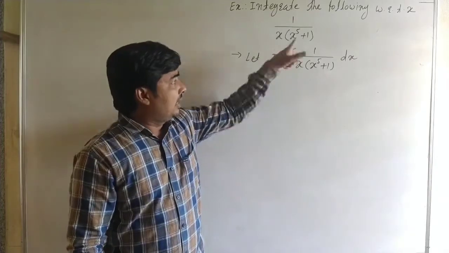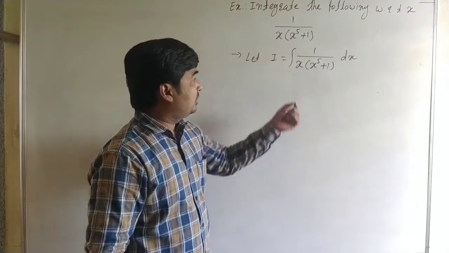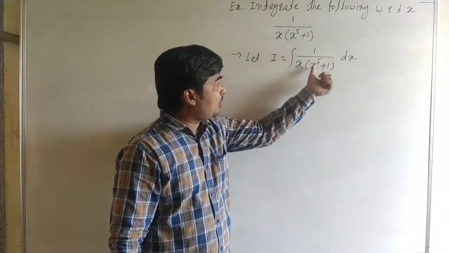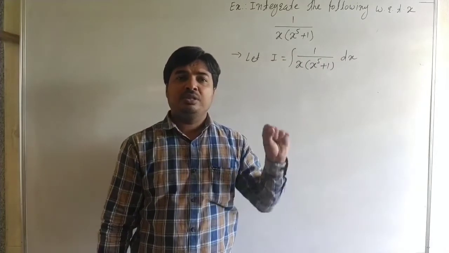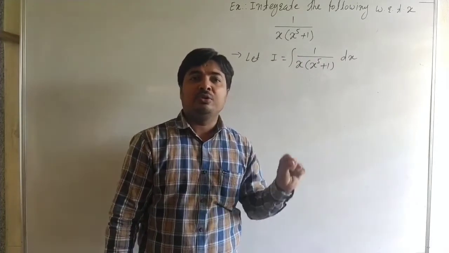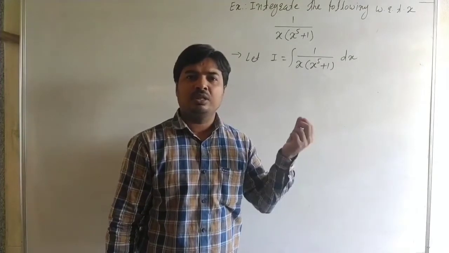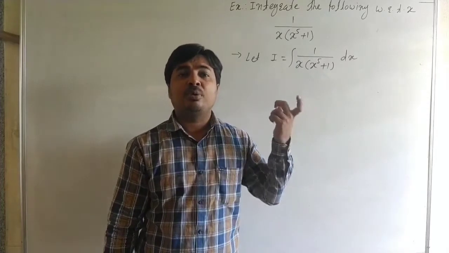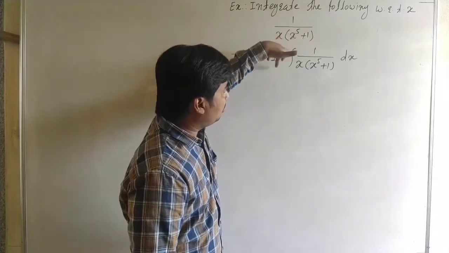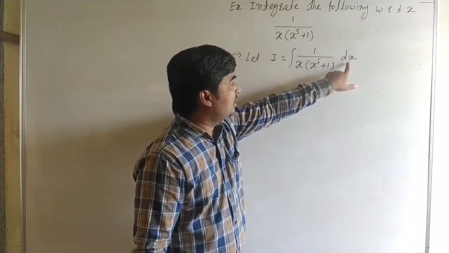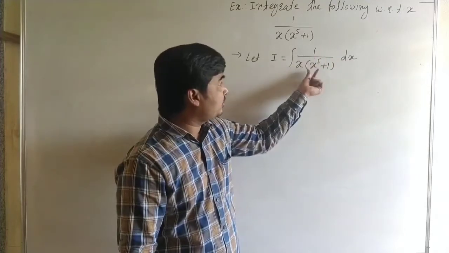Now here it is x to the power 5. See carefully, there are 2 functions, 1 by x and 1 upon x to the power 5 plus 1. When we differentiate x to the power 5, the derivative becomes in the form of x to the power 4. The differentiation of x to the power 5 is 5 into x to the power 4. So we multiply x to the power 4 to the numerator and denominator. That means in the multiple of dx there is x to the power 4, and x to the power 4 is a derivative of x to the power 5.